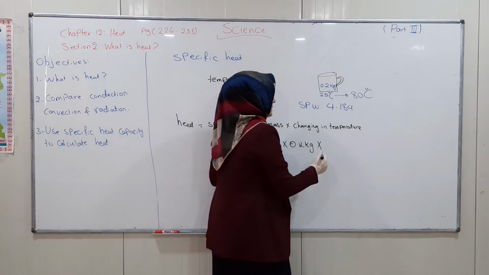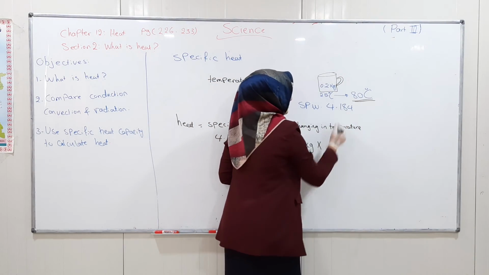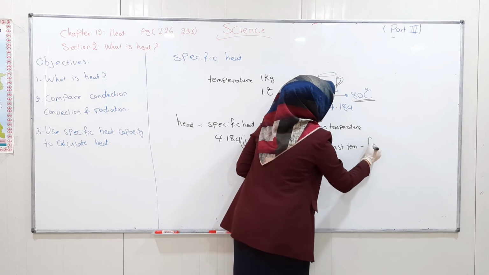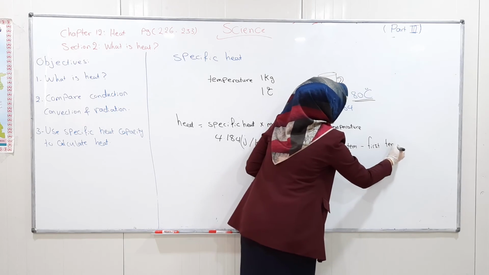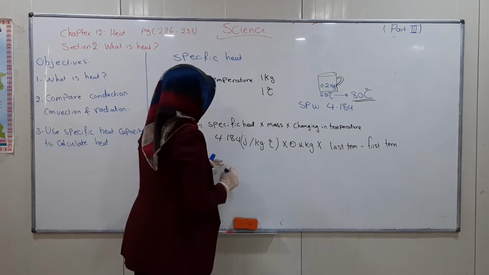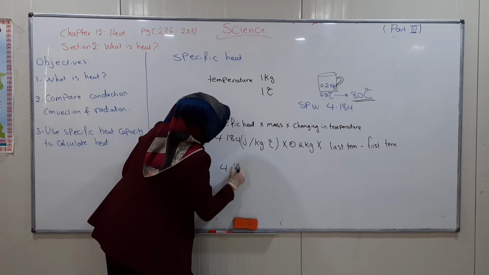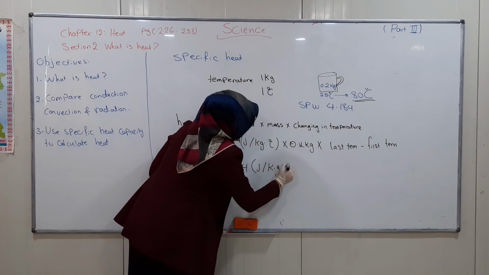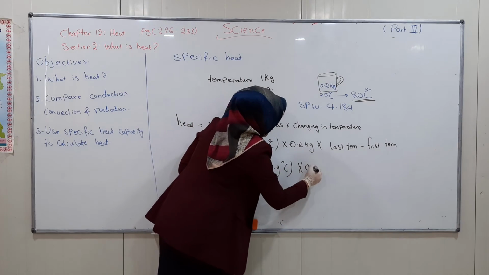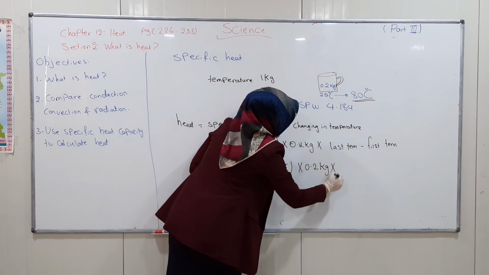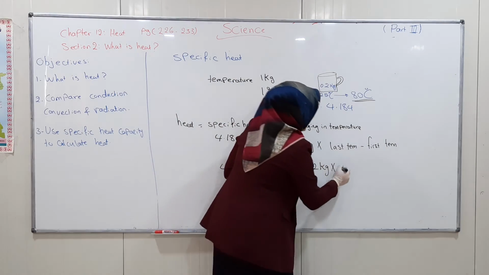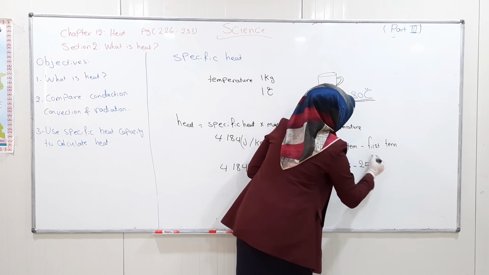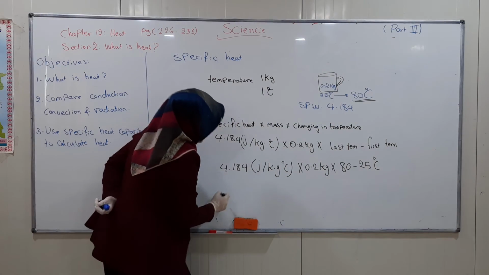The change in temperature is the last temperature minus the first temperature. So 4,184 joule over kilogram degrees Celsius, multiplied by 0.2 kilogram, multiplied by 80 minus 25. So it is equal to